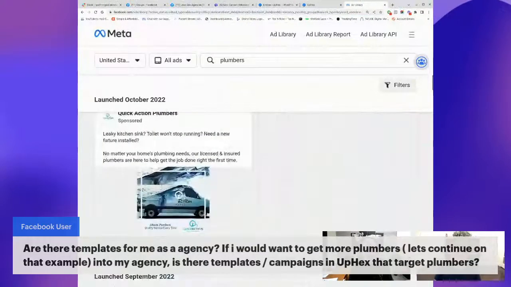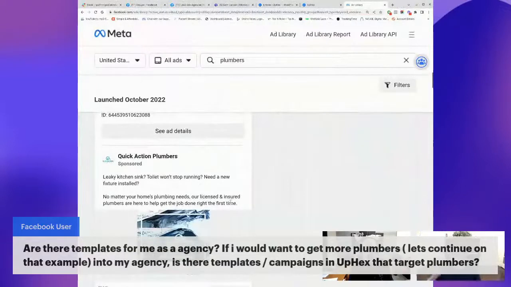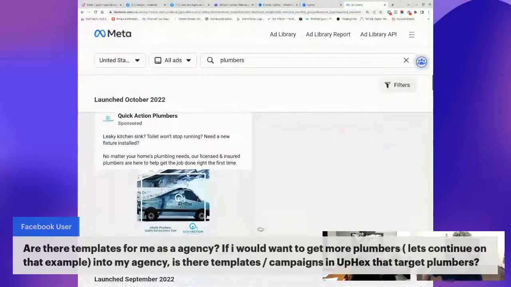Now, I actually really like this. What I would do differently from this guy right here, so you've got this quick actions plumber. See how he's got leaky kitchen sink, toilet won't stop running, need a new fixture installed. Here's the mistake that he's making. He's put all three of those in the same ad. So remember last week when I did the Watch Me Build and I talked about congruency and keeping your ad simple and succinct. Each one of these should be its own ad. And here's the other mistake that he's making: instead of this picture of this watery van,